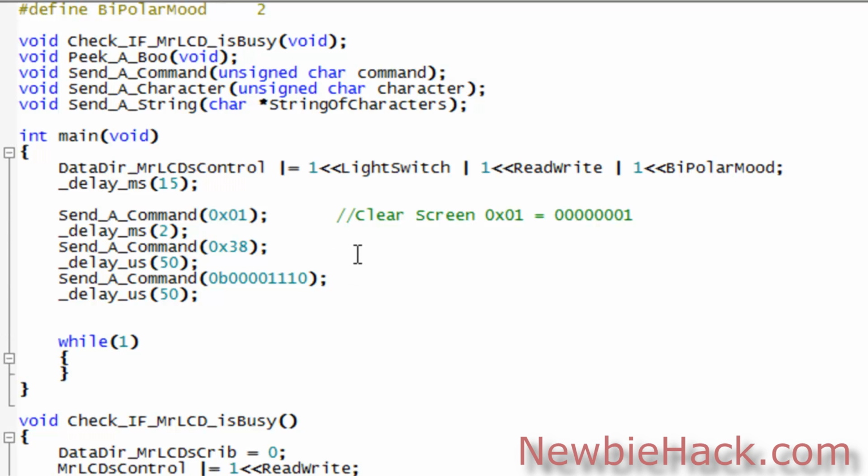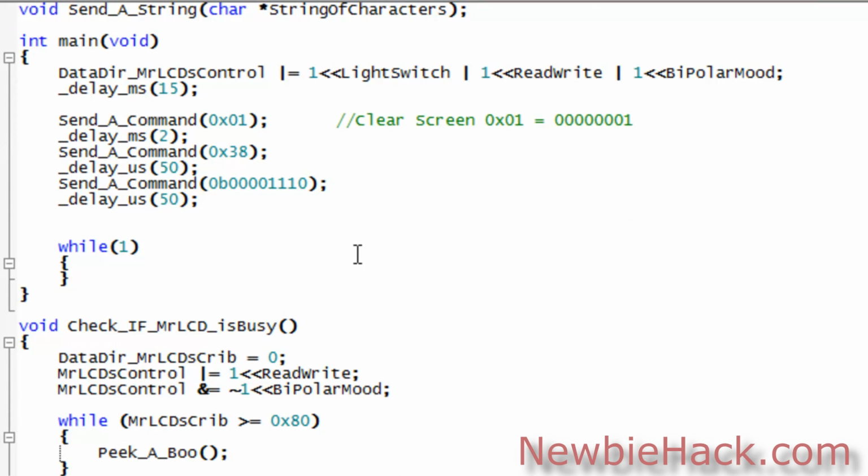So what we're going to do now is show the number of where the current cursor location is on the screen. We're going to cycle through it. We're going to loop through all of the locations on the display, but we're going to go even outside of the realm of our display. We're going to do all 128 locations that are possible, so we see what range our LCD will fall into within those 128